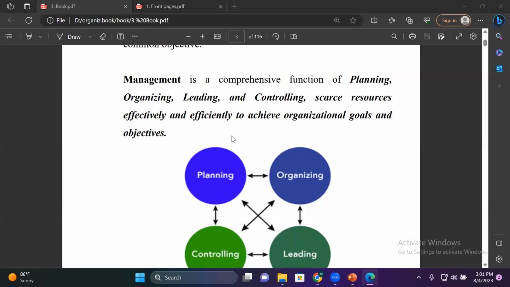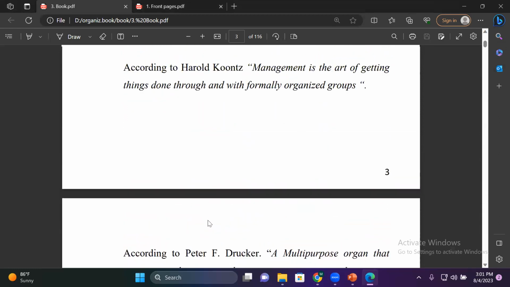So there are a lot of goals and objectives when it comes to an organization, maybe to increase the market share and to be the pioneer in the world, maybe to pioneer in the country. So like us, there are a lot of goals and objectives. You have to see how the employees will be contributing to this. So that's what we are considering about the management definition.